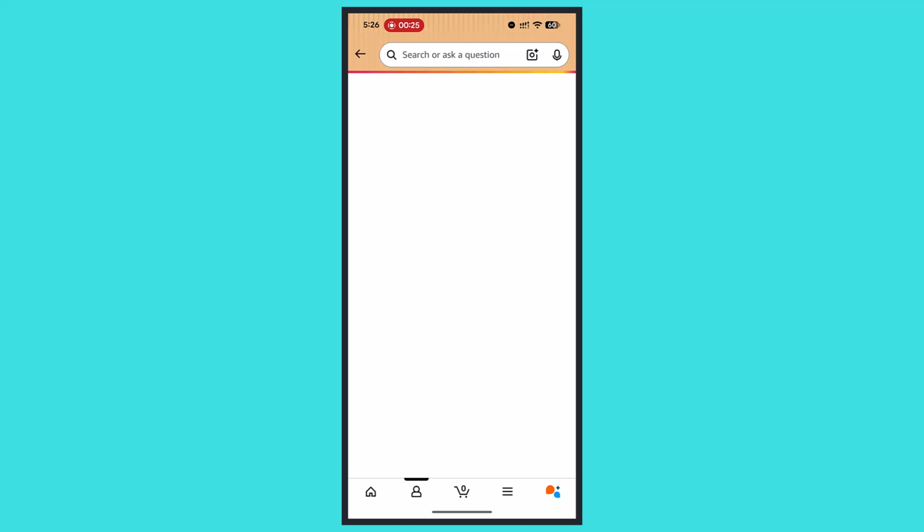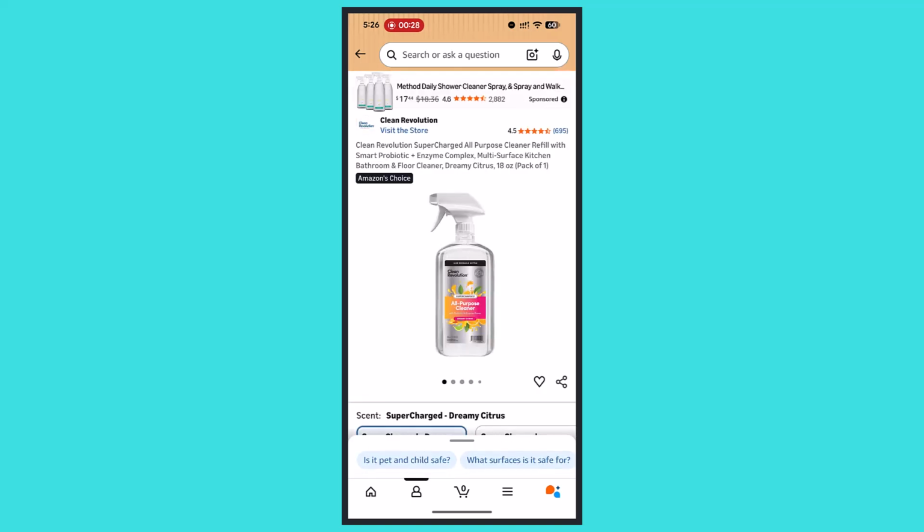So just go ahead and select it, and once you've done that, you will be able to find the Return button underneath, or just replace the item. Choose a reason for the return from the drop-down menu. Select your preferred refund method, such as your Amazon account or original payment method, and you could just go ahead